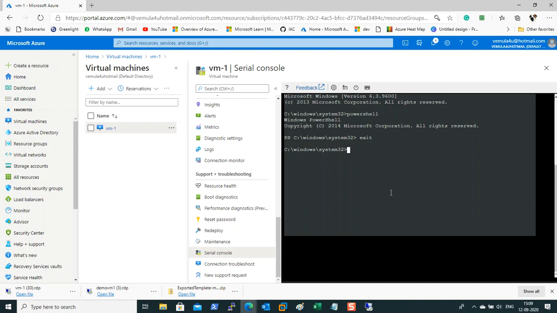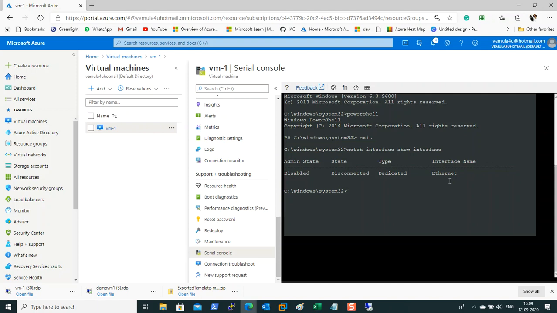So let me say netsh interface show interface. Now this should give me the list of network interface cards and their status. You have only one network interface card, and you can see the state is disabled, disconnected. Now you clearly see that the network interface card is disconnected. Now you need to go and re-enable this.